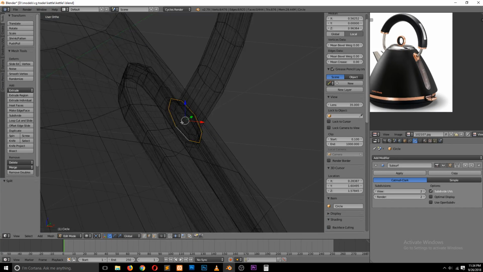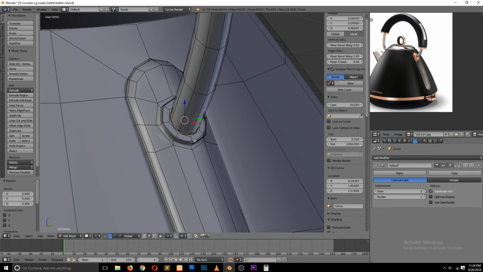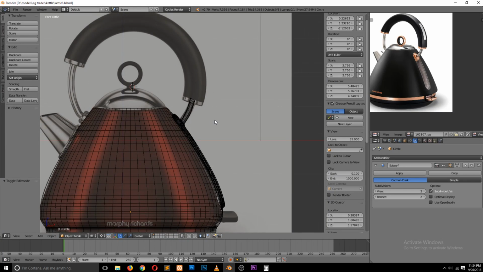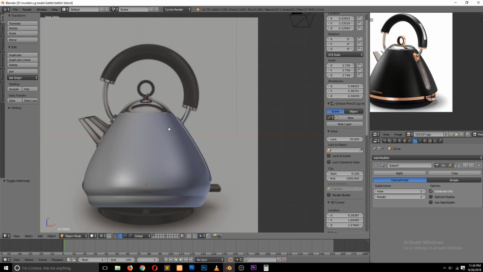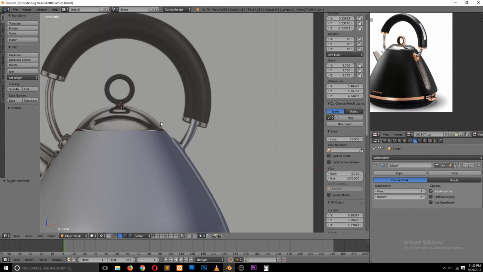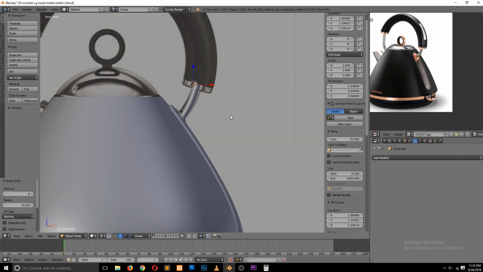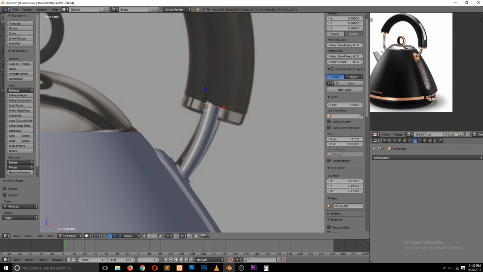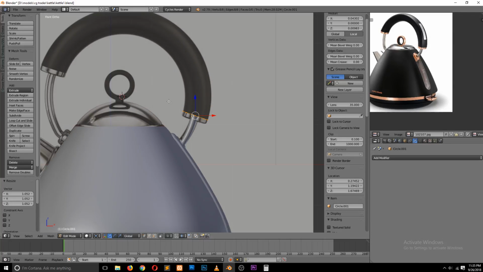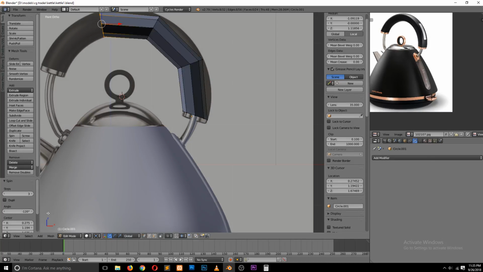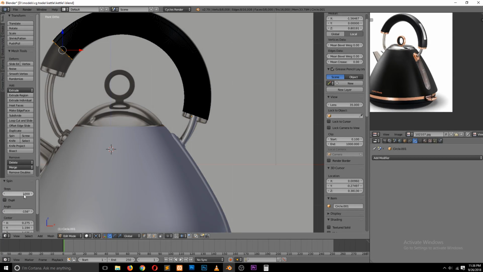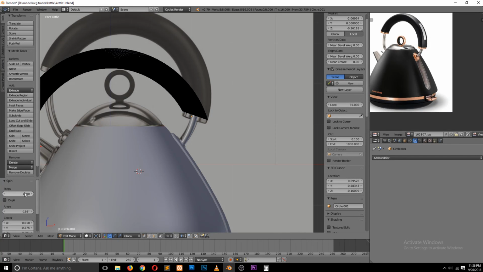So Y, scale this in. No, one, that rule, 3D cursor around there. We rotate to be a bit hard, 20. Yes. Okay, seems